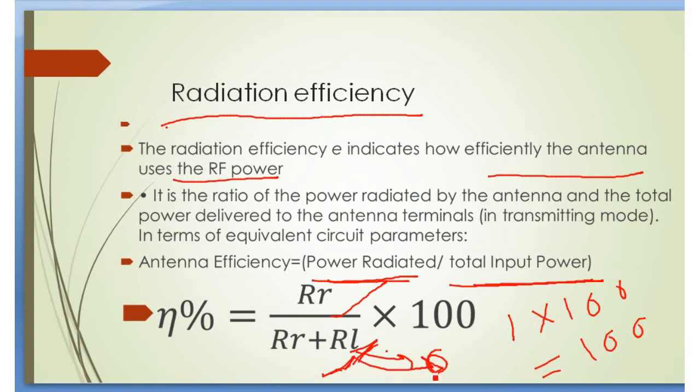When this is 0, then your efficiency is 1 into 100, that means 100% efficient system. So make sure that this quantity, when you are designing the antenna, should be very low. So I hope you understand the equivalent circuit for transmitting antenna, equivalent circuit for receiving